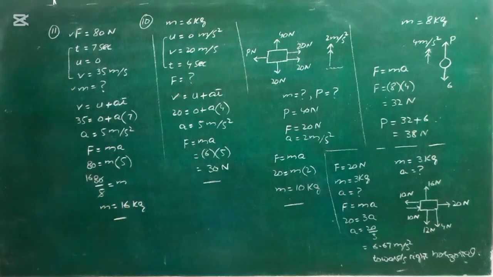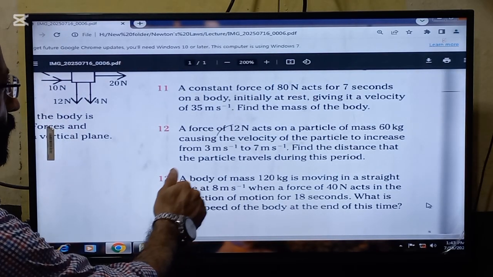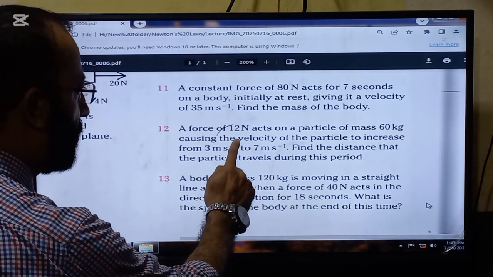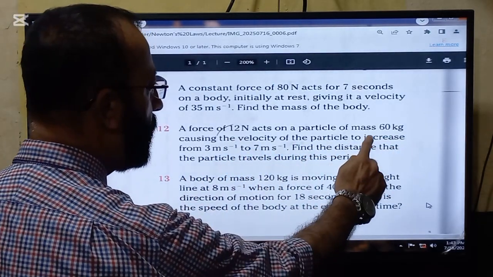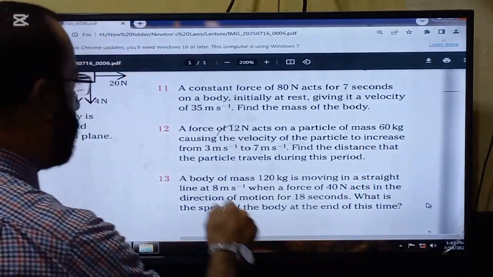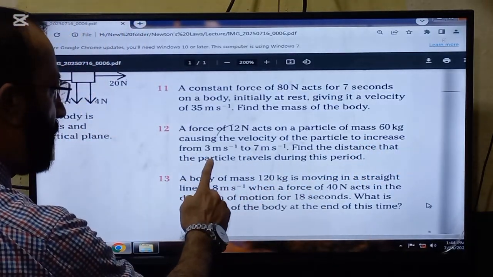So this is the answer. Here is question number 12. The statement is a force of 12 Newton. So F is 12 Newton, acting on a particle of mass 60 kg. So M is 60 kg, causing the velocity of the particle to increase from 3 meter per second to 7